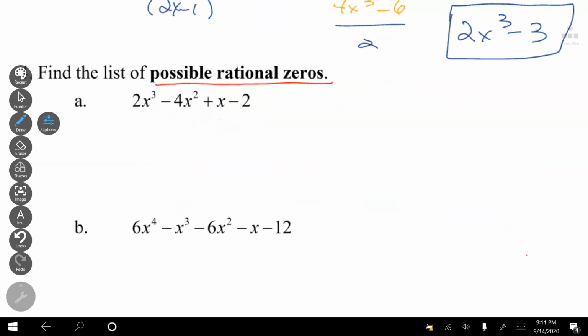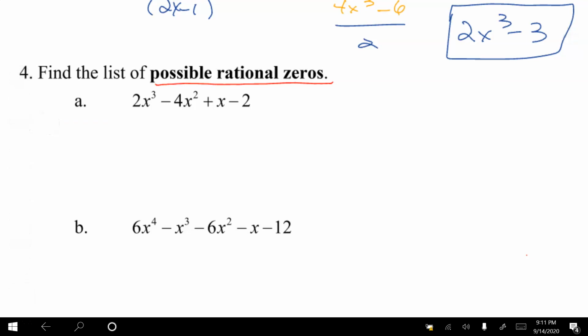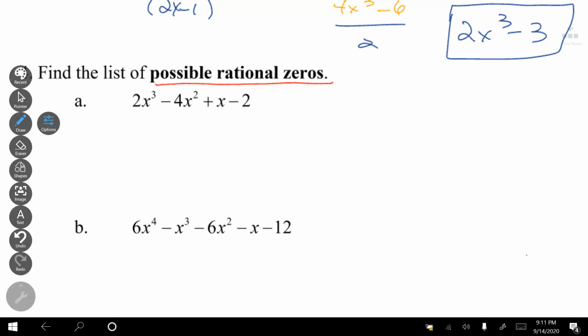Okay, the next topic is really the list of possible rational zeros. A rational number, a fraction, when I have a problem like 2x cubed minus 4x squared plus x minus 2, I'm looking for possible rational zeros. Well, x cubed can only have 3 zeros at most. But if they were rational numbers, they would have to come from a certain list based on what numbers I have in the problem. So I call it R equals P over Q, where P is the factors of the constant term, which is this last guy,